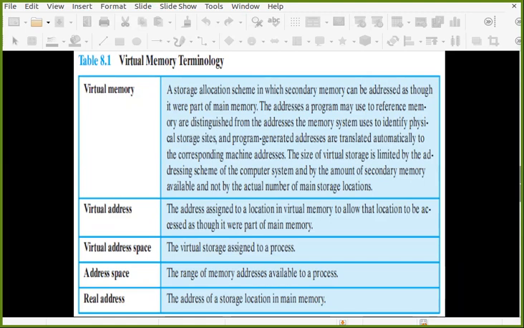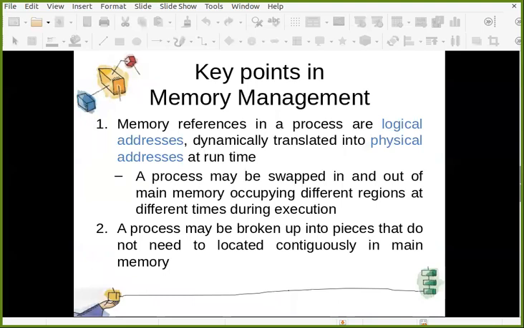And we know an address space is a range of memory addresses available to a process. So whatever memory addresses are assigned to any particular process, that whole range is considered the address space. And finally, you have the real address, which is nothing but the address of a storage location in main memory. So these are a few terminologies.